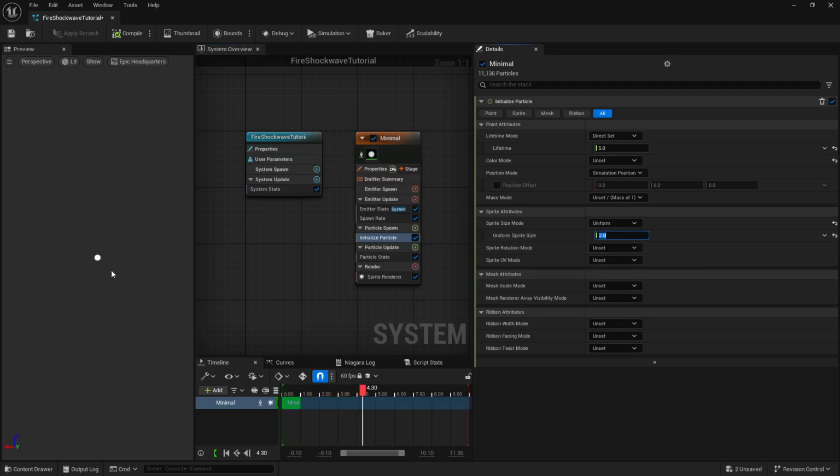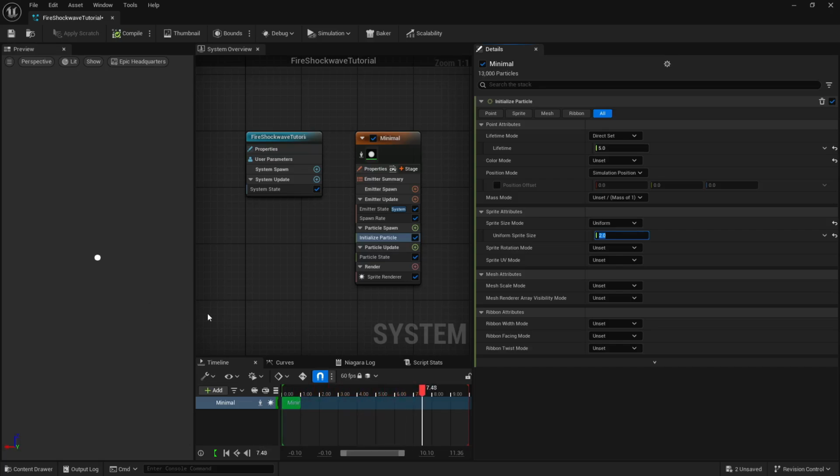Okay, now I want to have a circle here and from that circle we are going to emit some shock waves. So how you can do it? If you are new to Unreal Engine or if you are new to Niagara FX and don't know how the particles work, please check out my videos. I have created lots of videos around Niagara FX. In the last 2 videos, you will learn the basics of Niagara FX. And if you are new to Niagara Fluids, I also have a playlist for that in which I teach Niagara Fluids from start to end. So do check that out if you find this a lot more advanced.